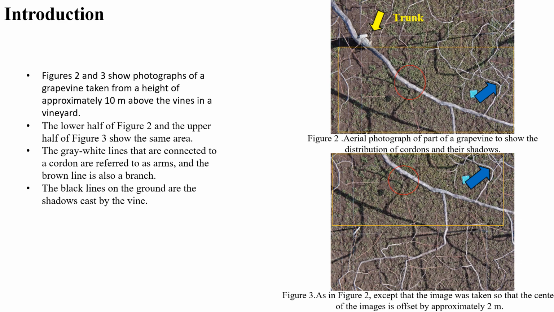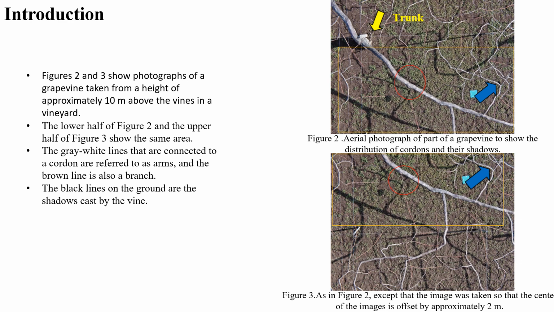This discrepancy makes it challenging to combine the images using conventional image stitching methods. The primary objective of our study was to develop a method that accurately stitches cordons at the edges of adjacent images. In this presentation, we will discuss the innovative stitching process we devised to address the issue of disjointed cordons